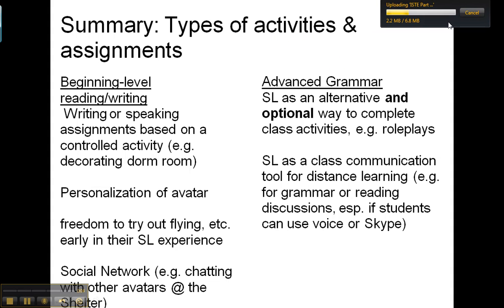So to summarize, these are the types of activities and assignments that I do with the different levels on two different ends of the spectrum. With beginning level students, I had them do writing or speaking assignments. It should say beginning level reading, writing, or speaking, listening students. I have had them do writing or speaking assignments based on a really controlled activity, and that